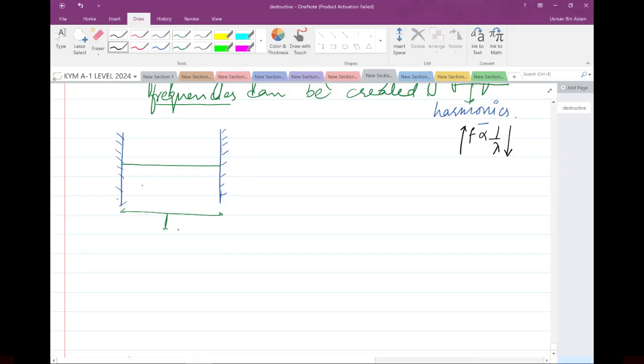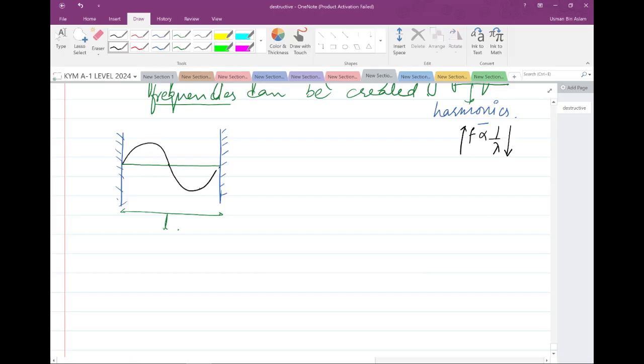So when I use an electronic vibrator, it vibrates the string up and down. This vibrator has a specific frequency. It is going to vibrate the string at the same frequency. I want to create a frequency greater than the one that I've already discussed, so I would have to reduce the wavelength. That way,